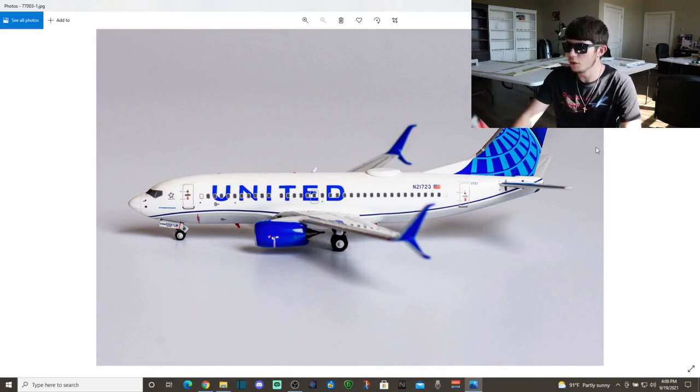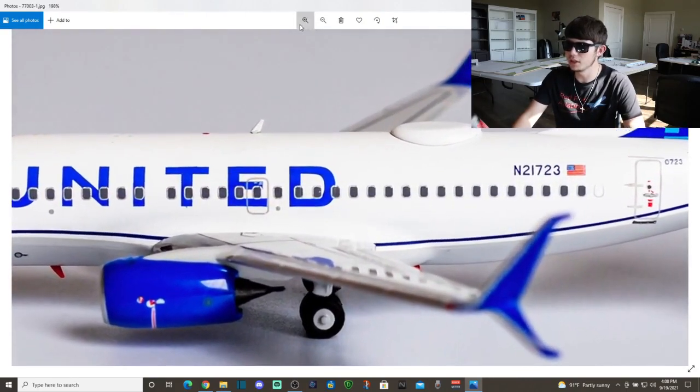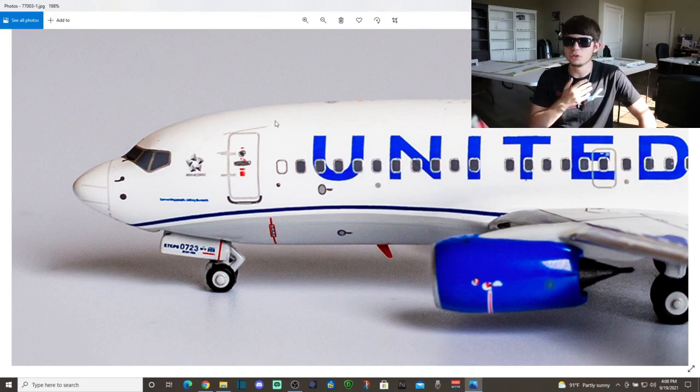So let's begin with this United Airlines Boeing 737-700, and we pretty much do this in the review format. I don't know what happened. I guess there was a Windows update at some point, and there's no bar to scroll in, so we'll just have to tap it every time. But we do it pretty much like a review. We start here at the front, take a look at everything in between, compare it to the real life photo, and go from there. So beginning with the 737-700 mold, like we briefly talked about in the April 2021 tier